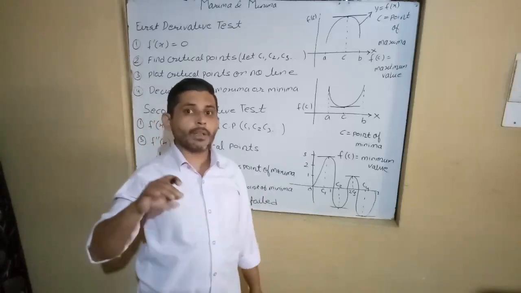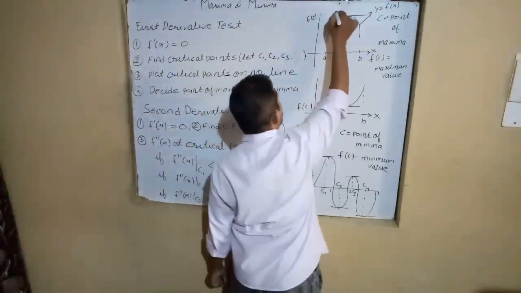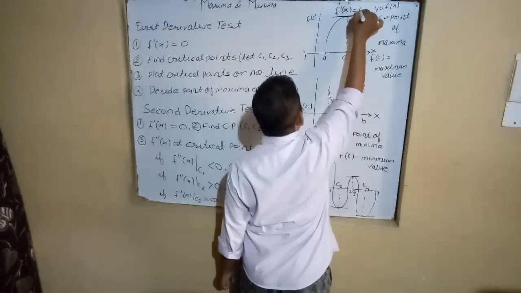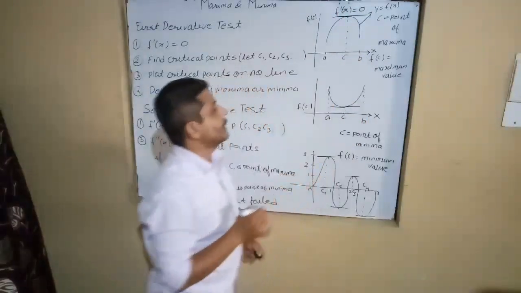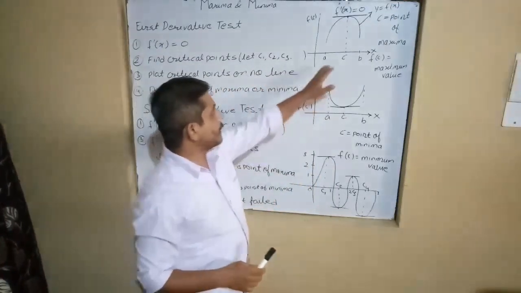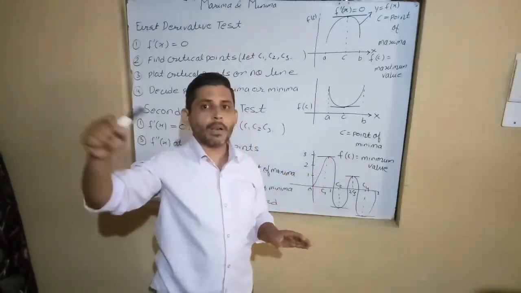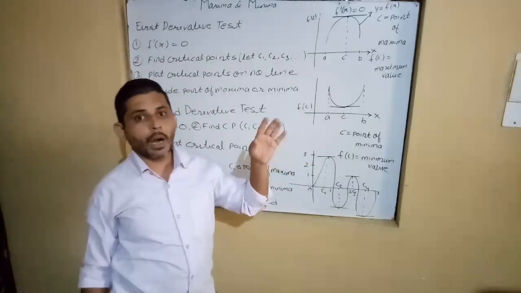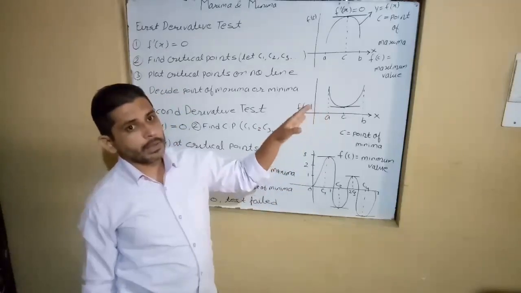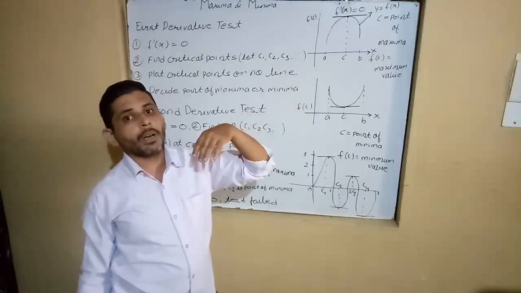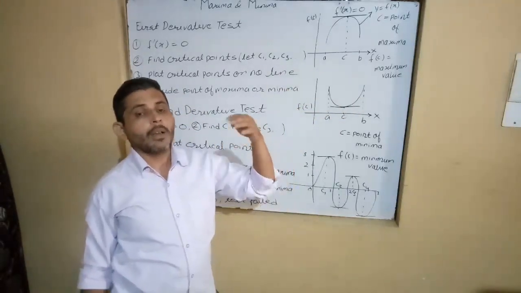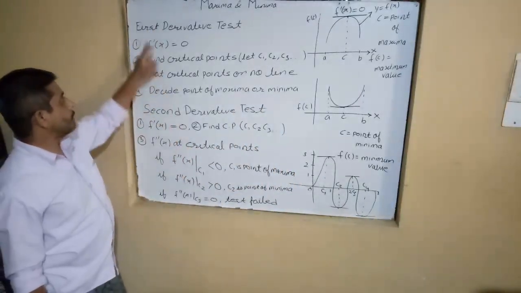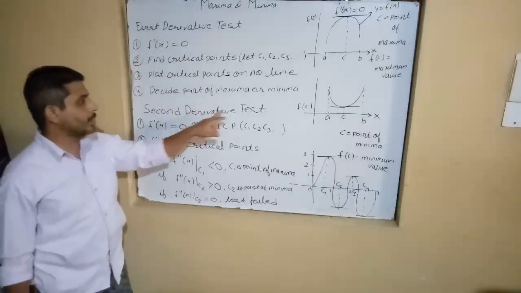And how do we define the slope of any tangent? We define it as f'(x). So here f'(x) = 0 at point C. These are very easy graphs where we can draw and find the minimum and maximum points. But in a complicated function, how do we find where it attains the maximum and where it attains the minimum? For this we have two tests: the first derivative test and the second derivative test.